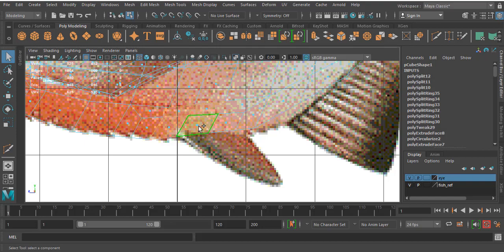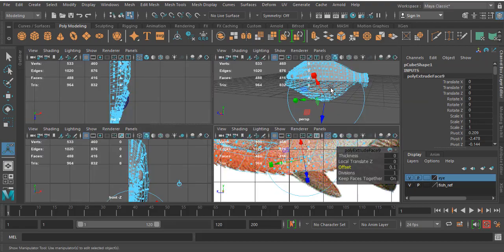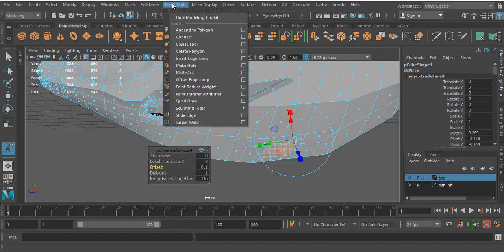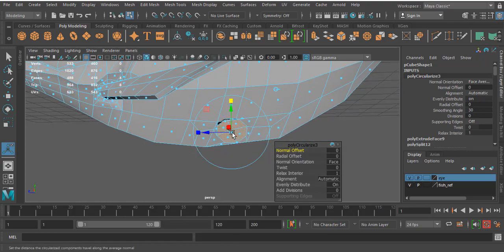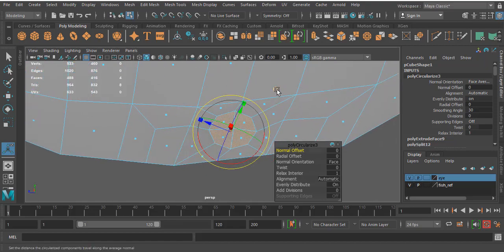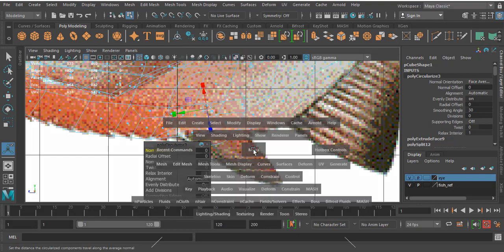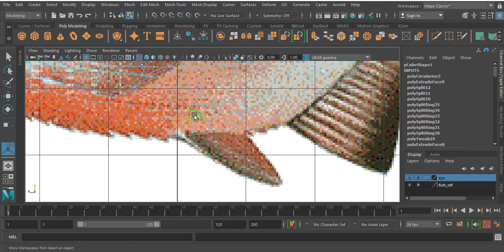Select these faces, extrude, offset 0.1. Okay. I'm sorry. Okay. Extrude.